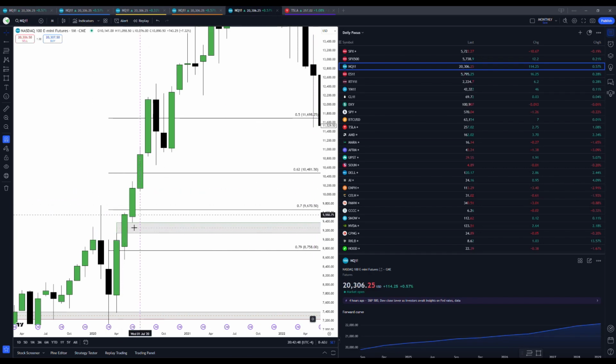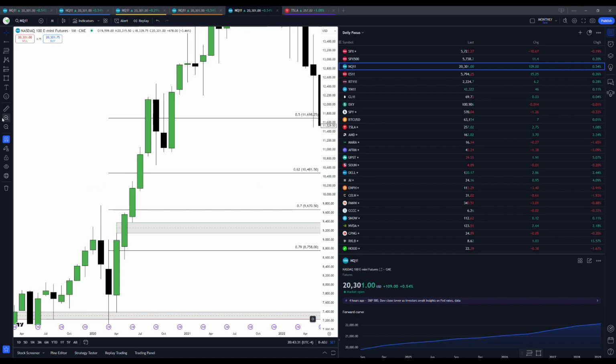Now, the way that we look at this is inside this area, think of a teeter-totter or a seesaw at the park. You sit on one side of it, naturally the other side's up in the air. Now, every time price gets back into that imbalance, it's like throwing a sandbag on the other side. So over time, that area is going to be balanced. But one sandbag of 40 pounds and you're sitting on the other side at 180 pounds, that's not balancing that range. So what we would anticipate is that when price hits that imbalance, we are going to hit it and take off. We don't really want to sit around in there too long. We want to get in and get out as soon as possible.